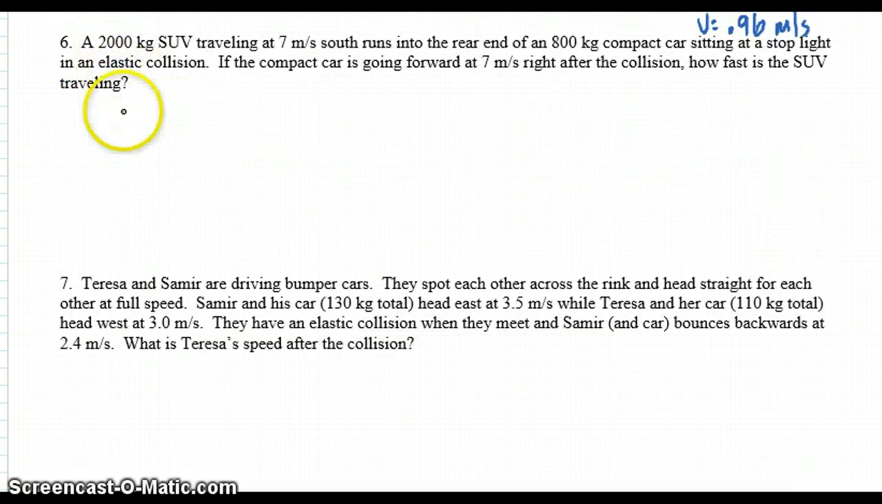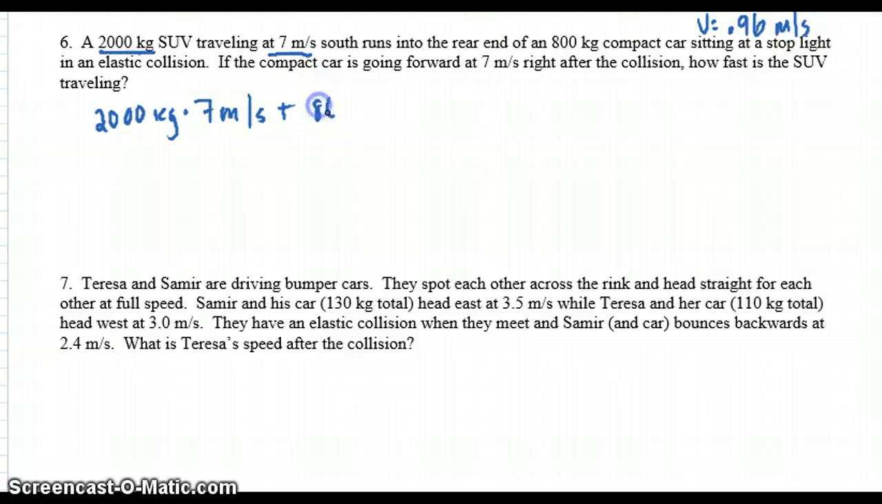So in this one, we need to find the velocity, or the momentum at the start, and it needs to equal the momentum at the end. So let's do one equation here. At the start, this is our SUV at 2,000 kilograms. This is our velocity at 7 meters per second. So 2,000 kilograms times 7 meters per second plus 800 kilograms times, sitting at a stoplight, so that's 0 meters per second. And that's going to equal